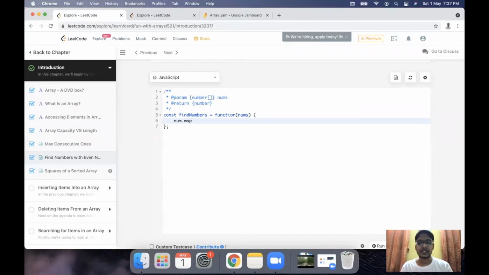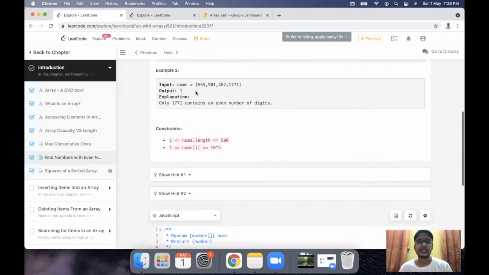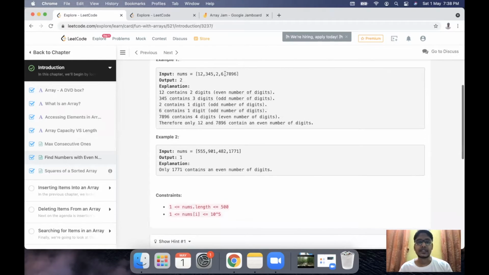Now we can iterate over this nums array using nums.map. So map is a function by which we iterate or move over all the numbers which are present in my nums array. So I'm going to use the map function here, and we are going to iterate over each individual number. Now getting inside this number, we need to calculate the total number of digits which are present in this number, right?